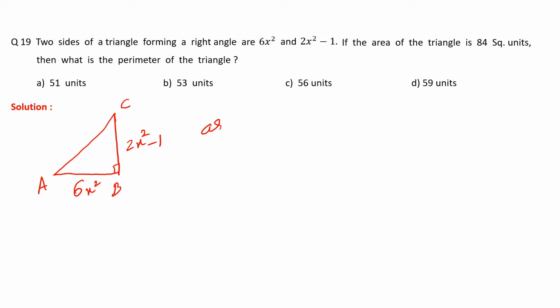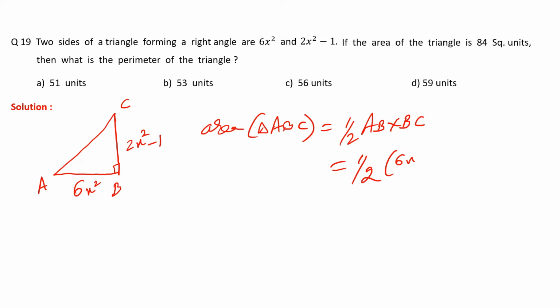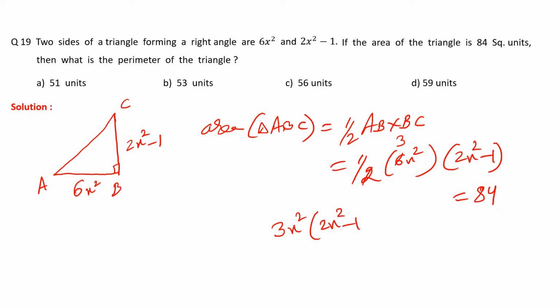Now the area of triangle ABC will be what? It will be half AB into BC, half base into height. So this is half into 6x² into (2x² minus 1), and this is given to us as 84, right? So if I do the calculations, I'll be getting 3x² into (2x² minus 1) equal to 84,